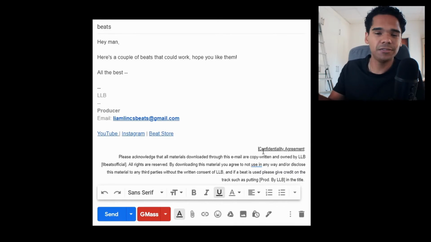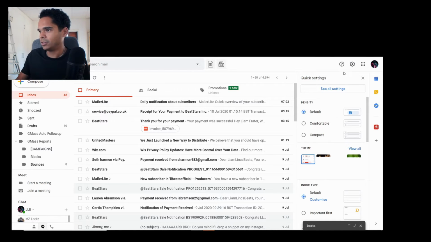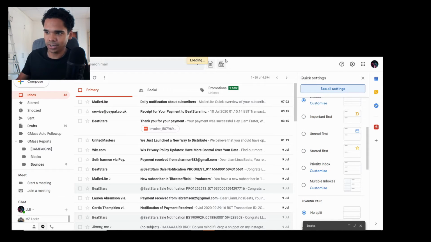But this is the important thing that you want to put in your footer. Just save this in your settings. So if you go to, where are we at? The three dots here. No, not there. I definitely know my own settings. Go to the settings at the top right, and then no, that's not even it either. Jesus Christ. Settings, quick settings. No, see all. There we go. See all settings. See, I know my stuff about emails.